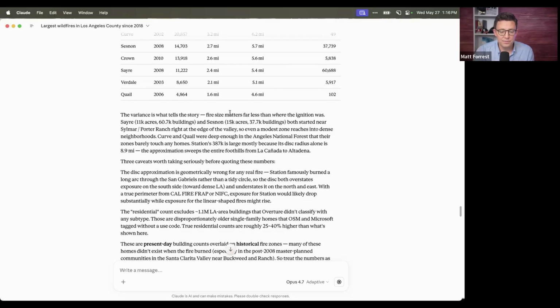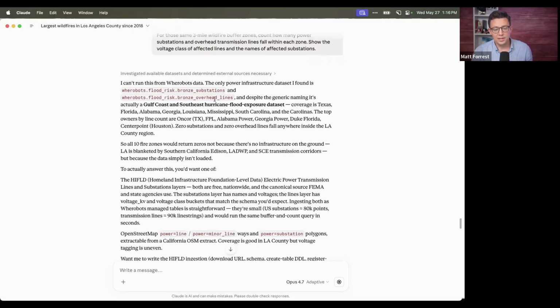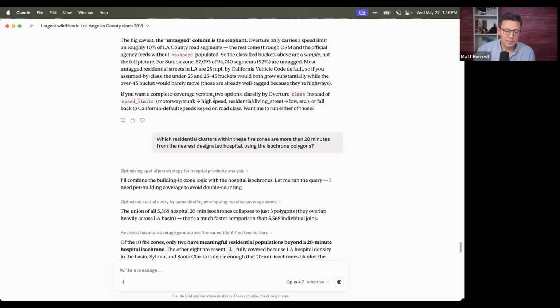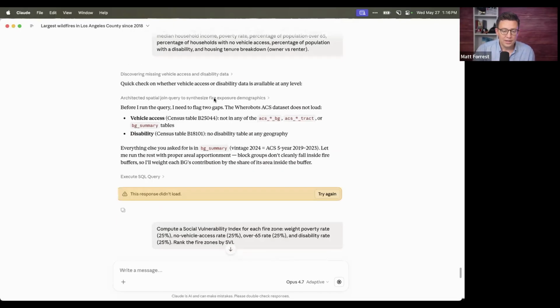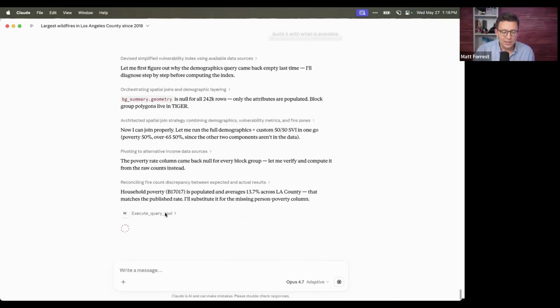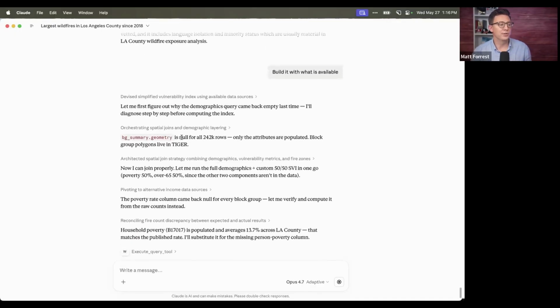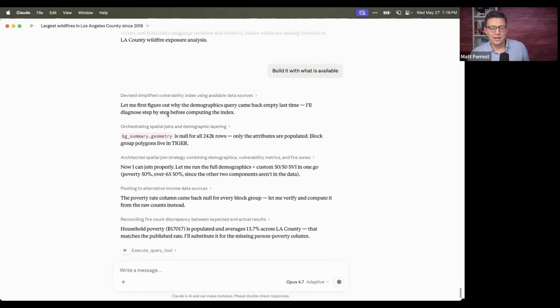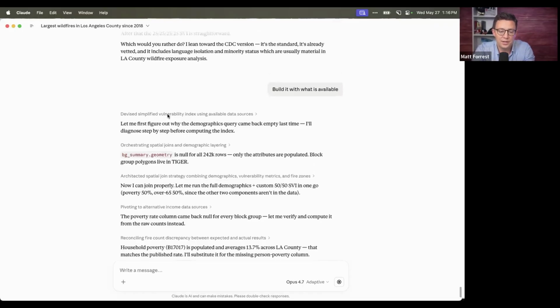So the fire size matters much less. It gives you this whole report. And this is what I love about this. You can do things like electrical lines and stuff like that. I'm asking for some different information around a demographic analysis here. And that's actually what's taking place right now, which I was running just at the start of this to get this going, which is actually to create a basic